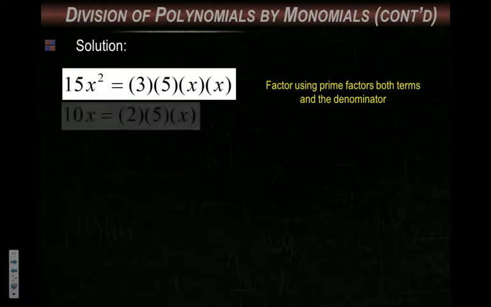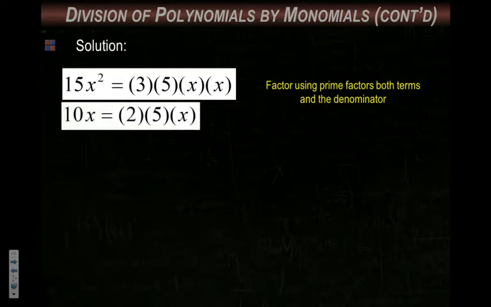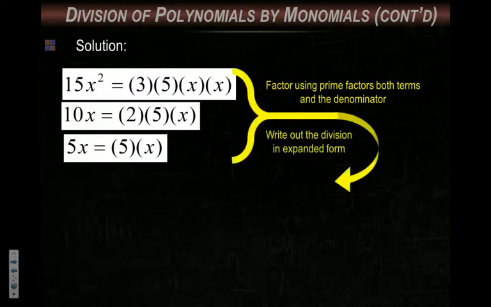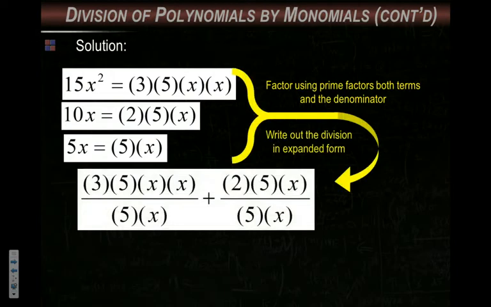Okay? 10x is derived by multiplying the prime number 2 by the prime number 5, and then an x. So far, everything you see up here is either a variable or a prime number. 5x, well, 5 is a prime number all by itself, and x is there. So what I now have is all these things have been turned into what's called prime factors. Now I just write it out in its long form. So I write 3 times 5 times x, 2 times 5 times x, and on the denominator, 5 times x,